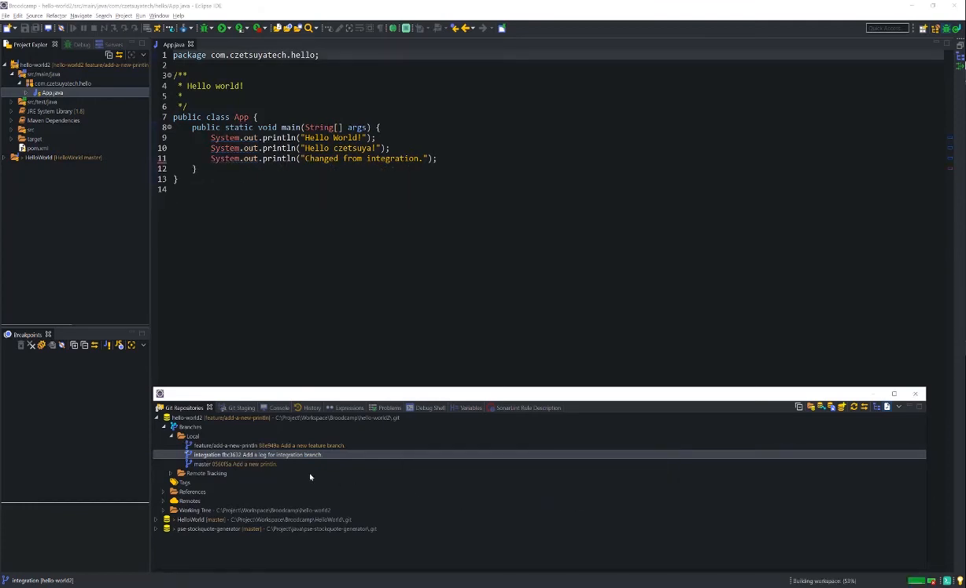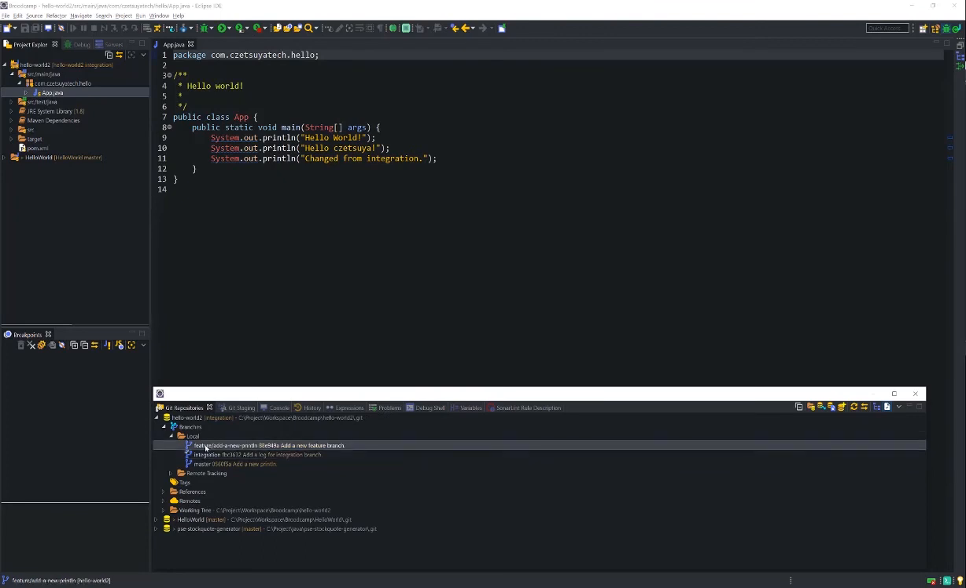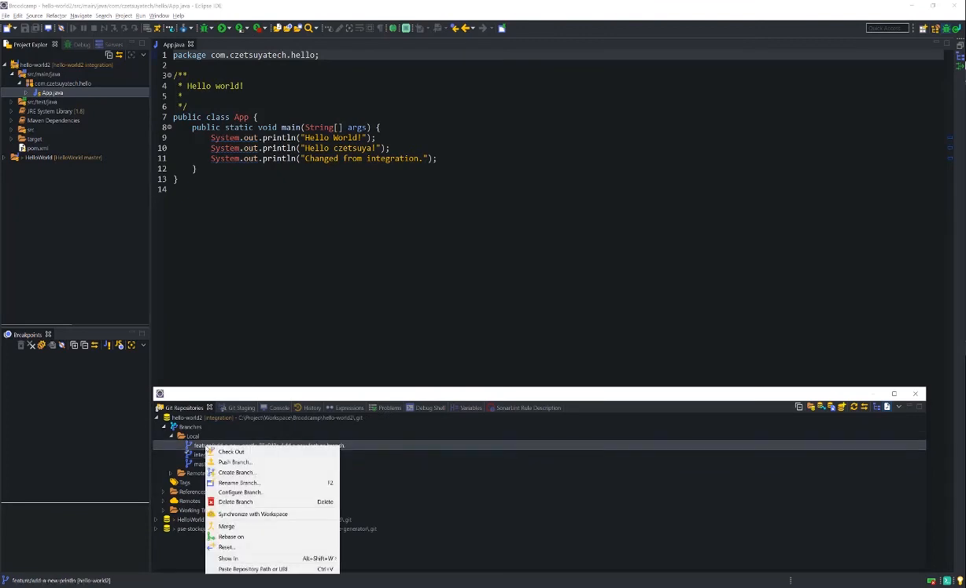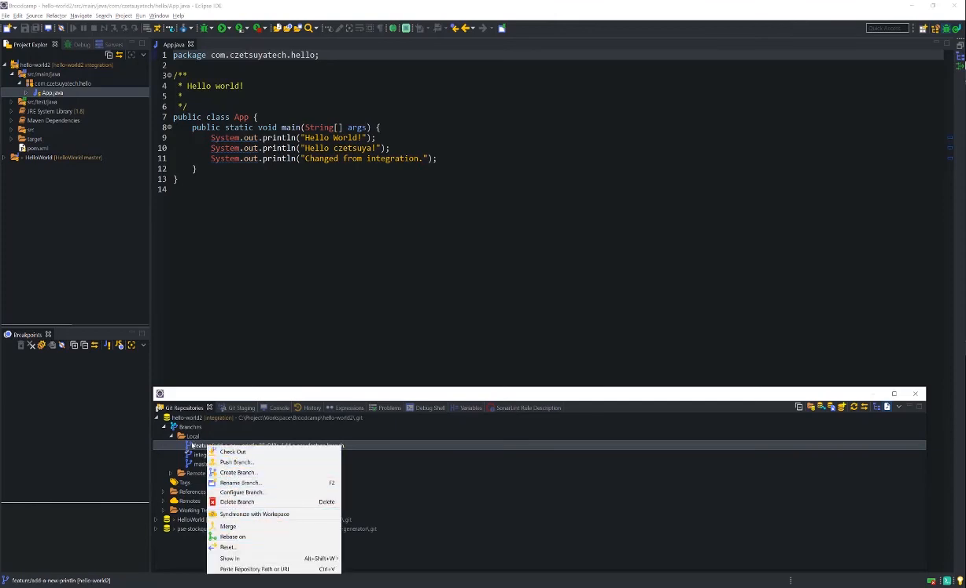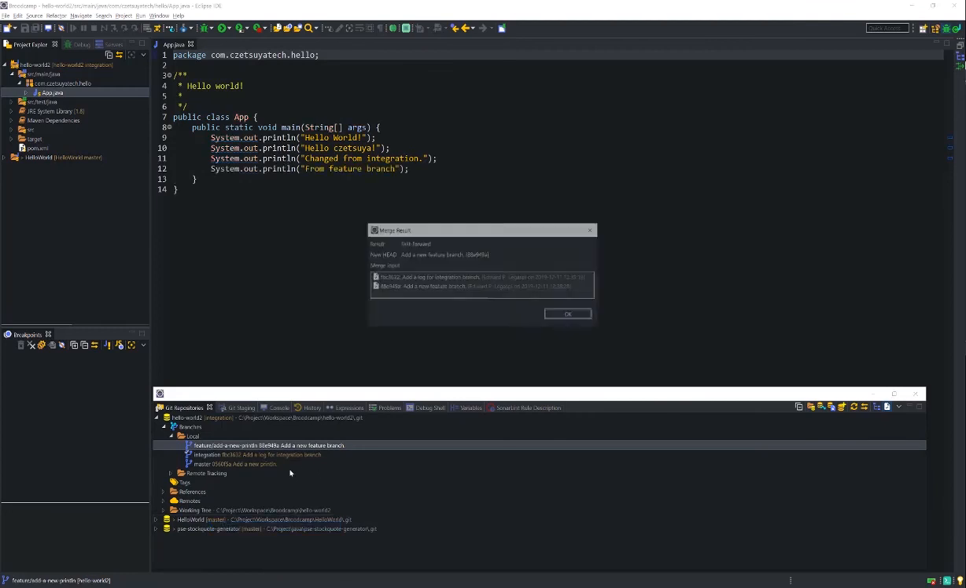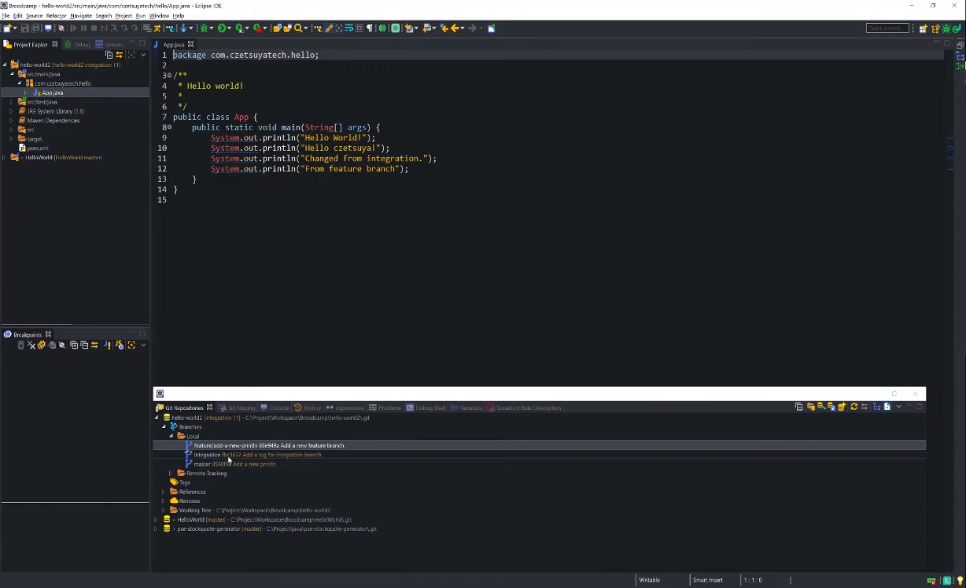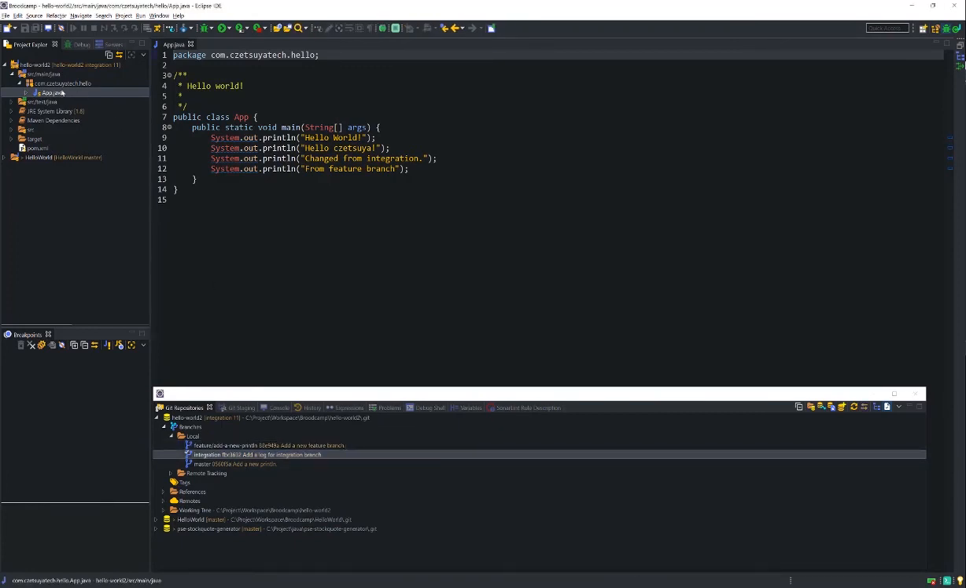So check out integration and then select the feature branch and right click and click merge. Merge will merge all the feature commits relative to integration in the feature branch. So let's try that. Feature branch, merge, and then as you can see, add a new feature branch. Now if we check the integration branch and open the app.java file, we can see that now we have